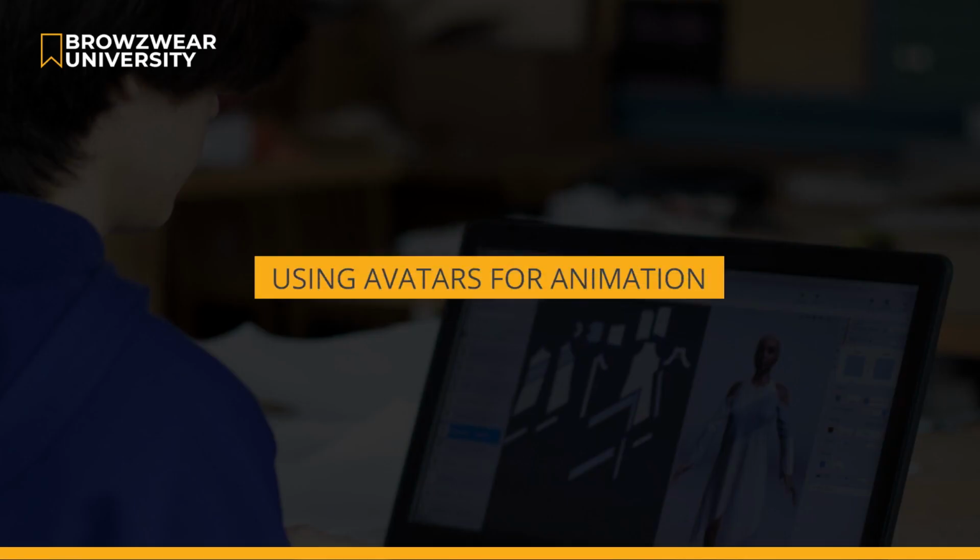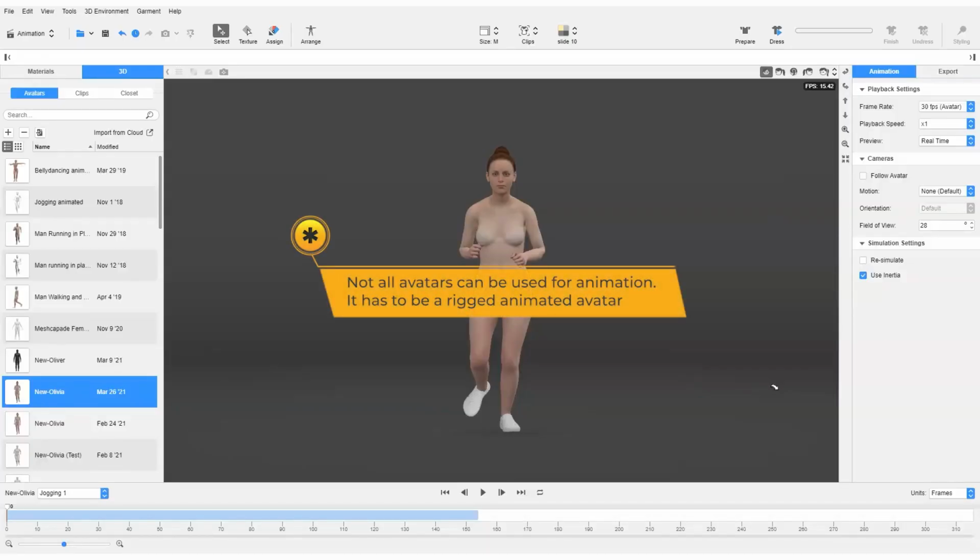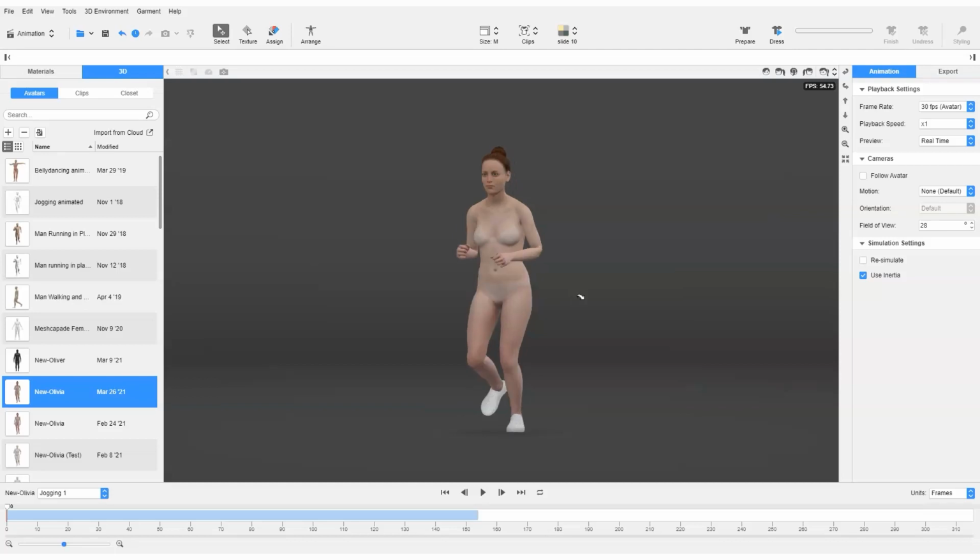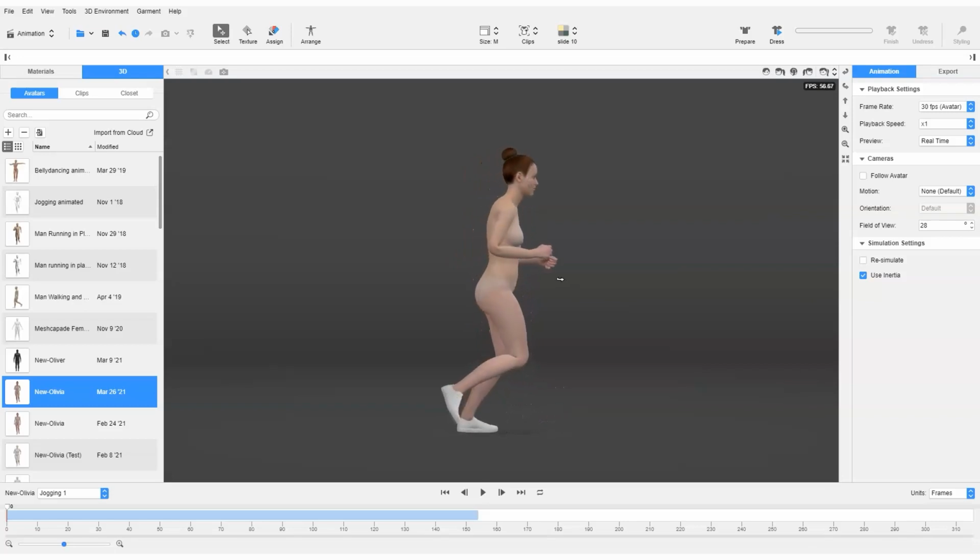In this lesson, we cover how to use avatars for animation. Not all avatars can be used for animation. It has to be an animated avatar. This means that the avatar needs a human model that has a rig, and it has to be paired with